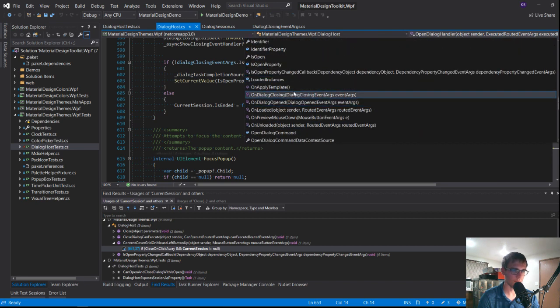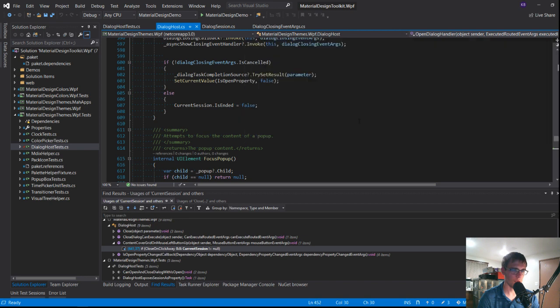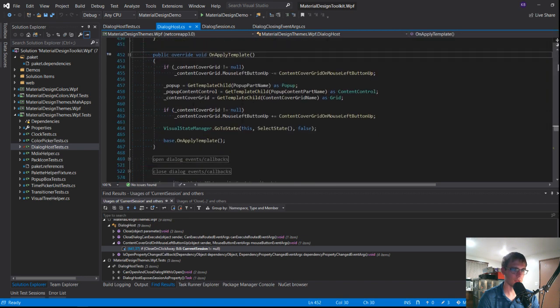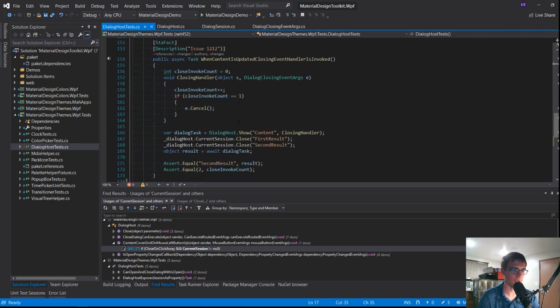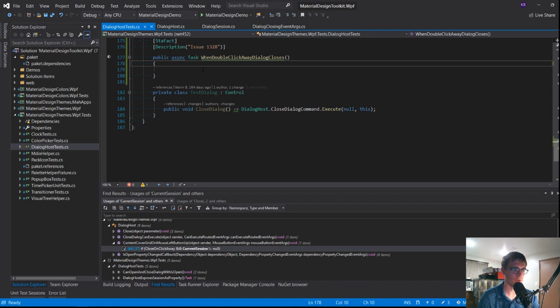So onApply template, and basically this guy here is what we're looking for, this content cover grid, because this is the grayed out area that's being double clicked on. So this guy here, content cover grid name. So let's go back to our unit test down here. I think we can just do,